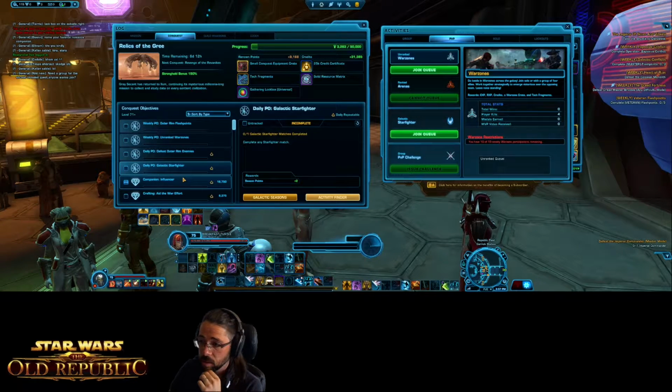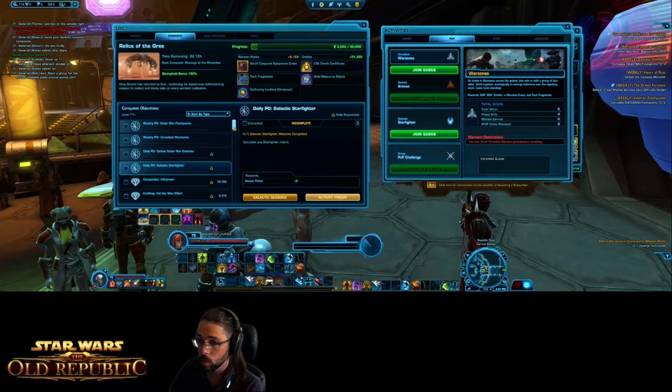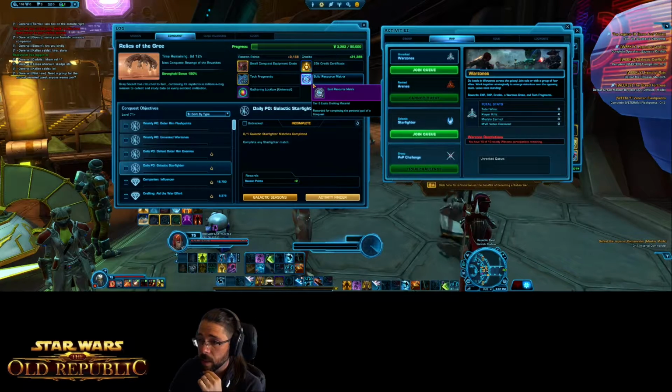Defeat enemies, yeah. Starfighter, yeah. So there's no issues there. Looks like I'm still getting my stronghold bonus for doing conquest, so that's cool. Not seeing any real difference if I want to earn my conquest. What do we get? We get the...